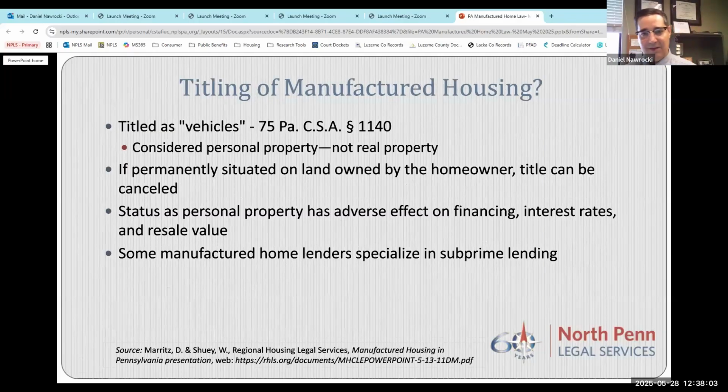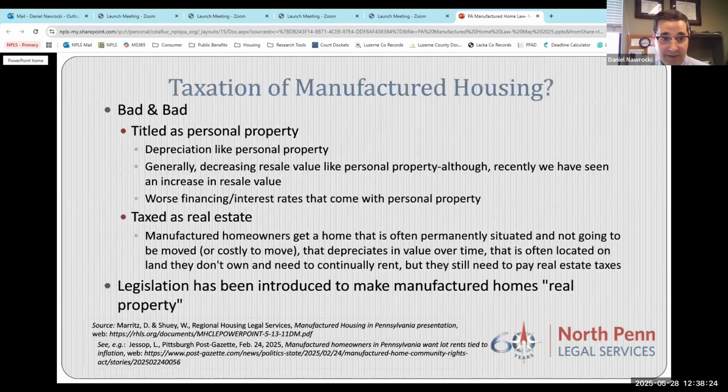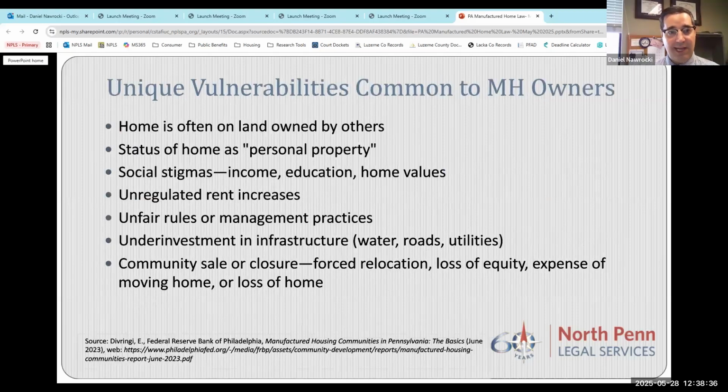So one unique thing about manufactured homes is the way that they're titled and the way that they're taxed. In Pennsylvania, a manufactured home is titled as personal property or vehicles. The titles are run through PennDOT. That's where people get their titles and transfer their titles, but they're taxed as real estate. And the legislation has been, well, at least drafted, trying to make manufactured homes real property. We don't know how that will work, but there's also a slide within our presentation talking about these unique vulnerabilities,